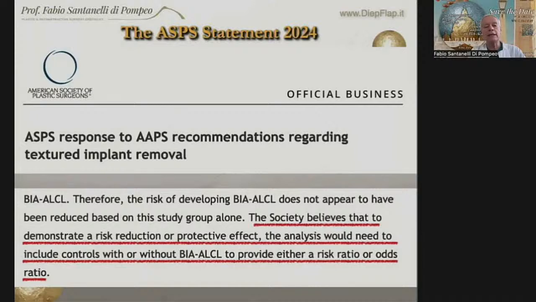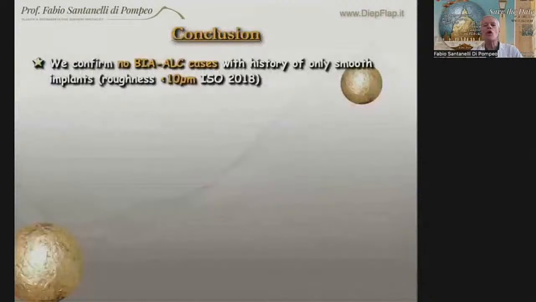So they confirm what we say, that to demonstrate a high level of evidence for a risk-reducing or protective effect of this prophylactic surgery, the analysis would need to include a control group and provide a risk ratio between controls and patients affected by BIA-ALCL, and an odds ratio. Of course,